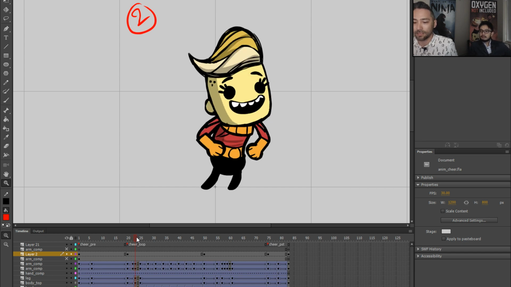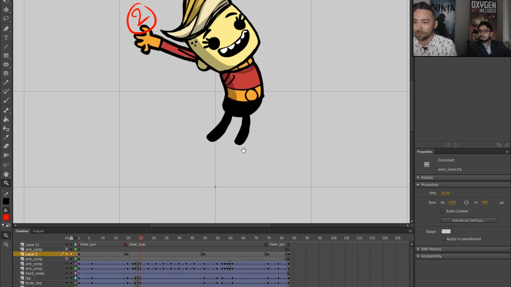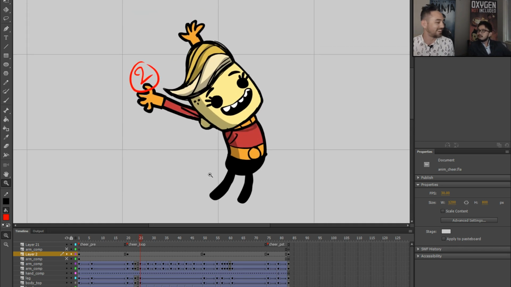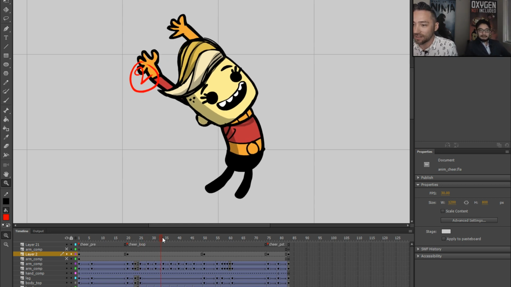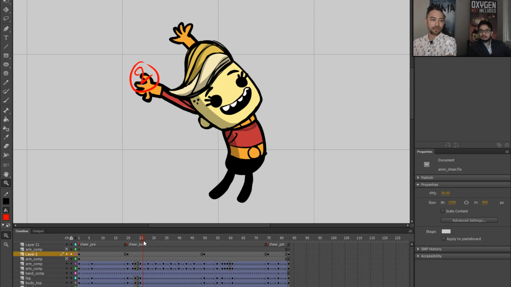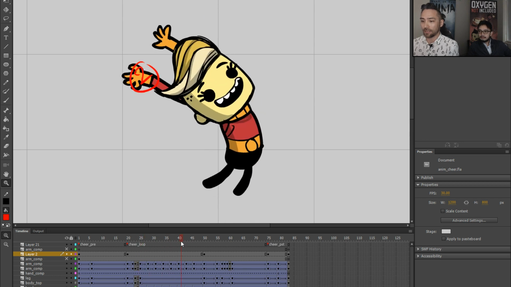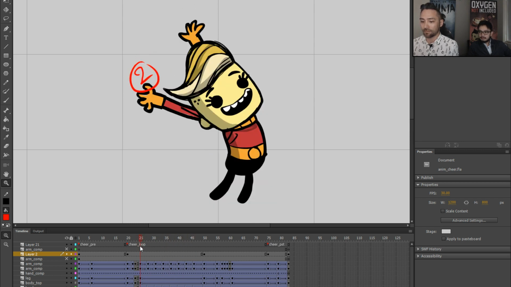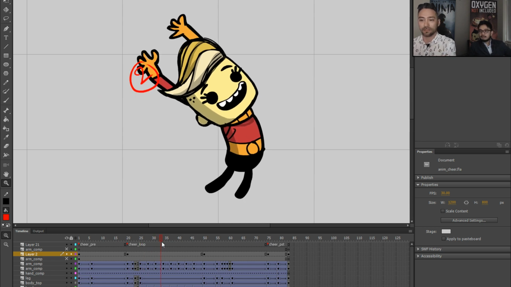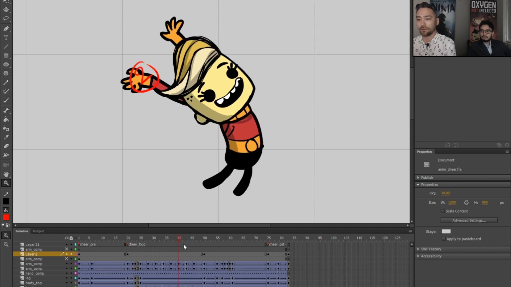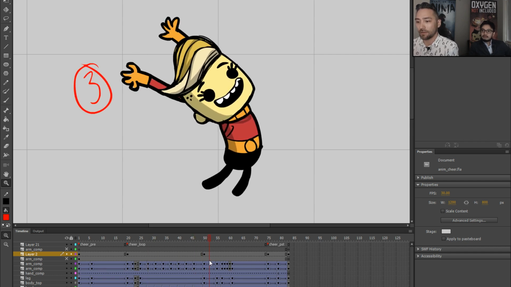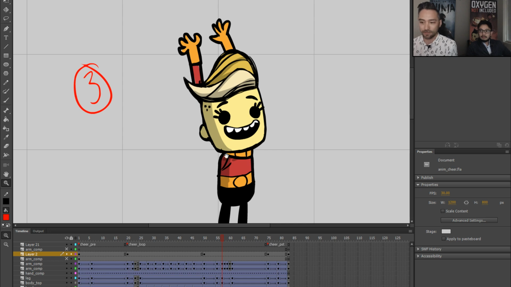This is probably a breakdown. He literally pops from here to here. And then, if you're just looking at the body, head, and legs, they're doing almost nothing. They're slowly in-betweening from here to here, and then I have an overlapping action of the arms kind of going woo. Comes back down. I would consider this a breakdown